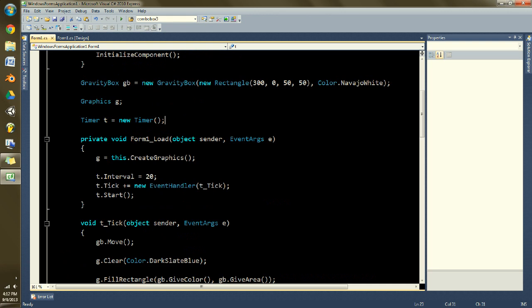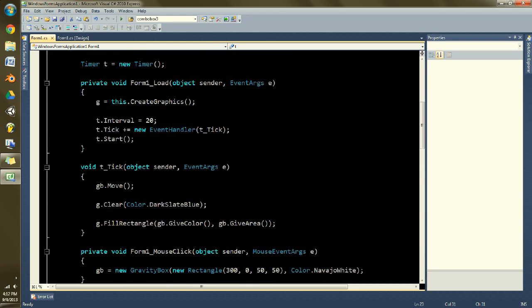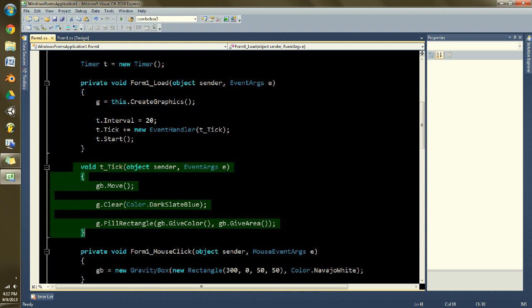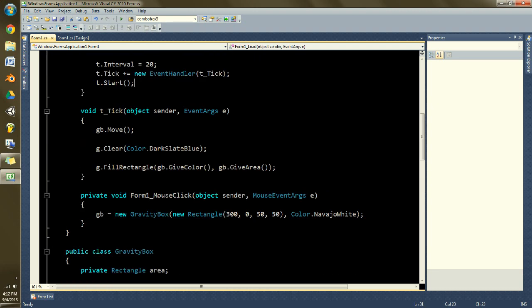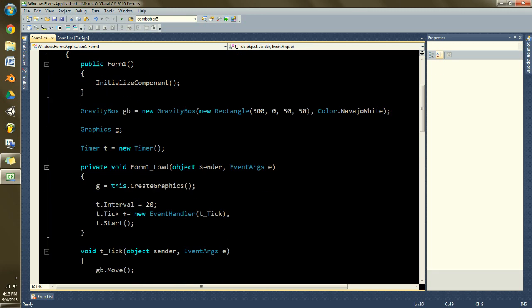We use that with the timer function, so we set that up first, t dot interval to 20, so every 20 milliseconds, and then t dot tick is an event handler, which is right here of course, and then t dot start, of course, starts it. Okay, and then in tick we do gravity box dot move,